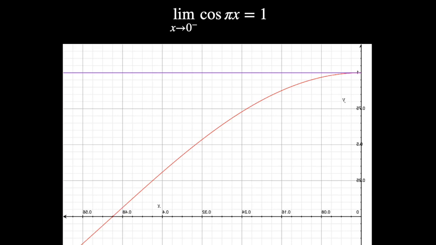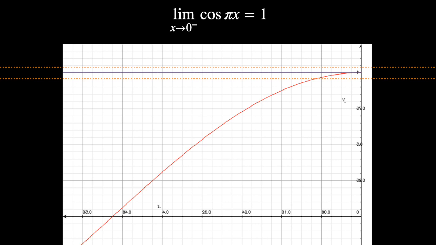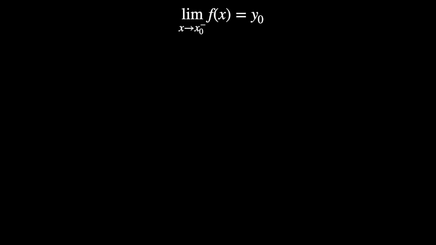We'll go back to our cos pi x function, and to visualize this, I've just flipped the graph about the y-axis, but you can see what happens as x goes to 0 from below of cos pi x. It again gets closer to 1. Pick any narrow band around y equals 1, and you can find an x value so that when x is to the right of that value, cos pi x is within that band of 1. And so again, formally, the limit as x goes to x sub 0 from below of f of x equals